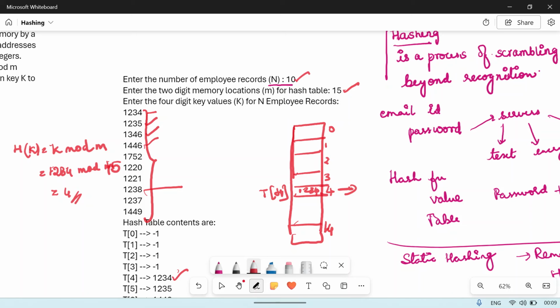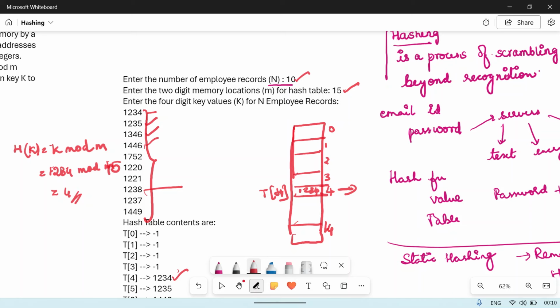Now what to do? See, 4 is already filled, right? Now if I want to fill another value, what to do? So what is the solution for this? In static hashing, using the remainder method, you will get to know where you have to store the hash value, the converted value. Now the thing is, what if there is data already present in that location? Then what to do? So, in order to overcome the problem of this remainder method, we have a solution called